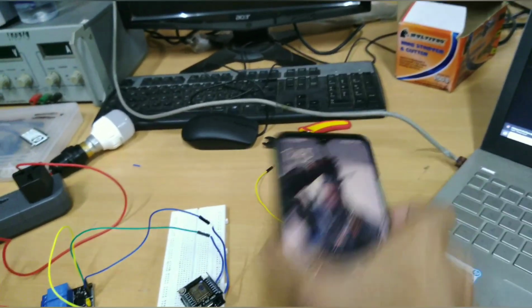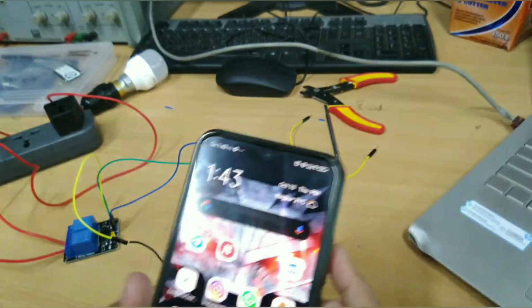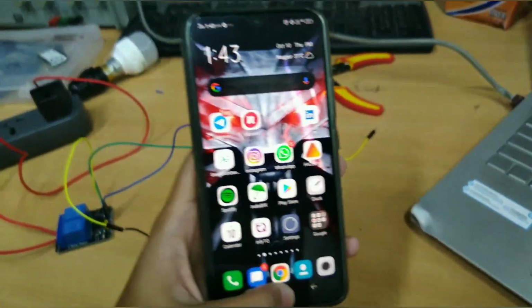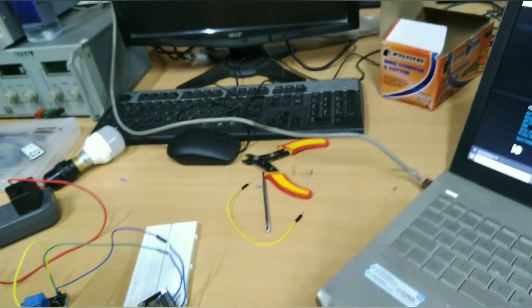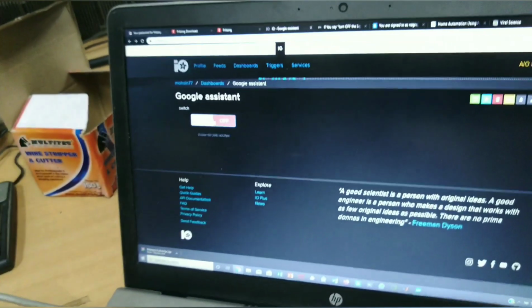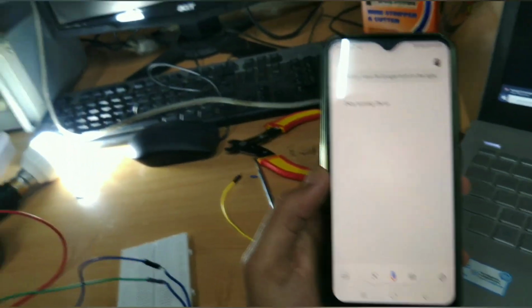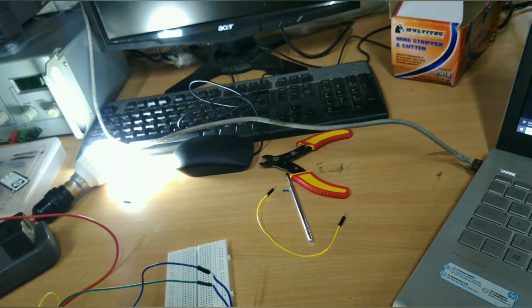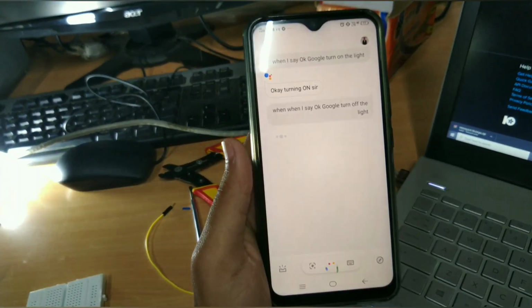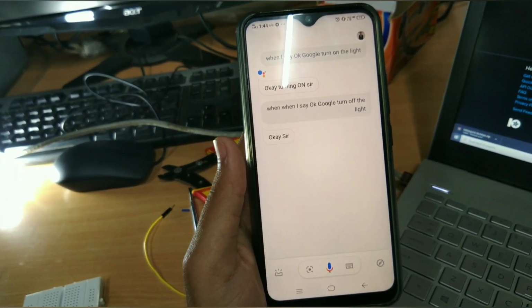And we can also use it with the Google Assistant. When I say, "Okay Google, turn on the light," Okay, turning on, sir. It's turning on. And when I say, "Okay Google, turn off the light," Okay, sir.